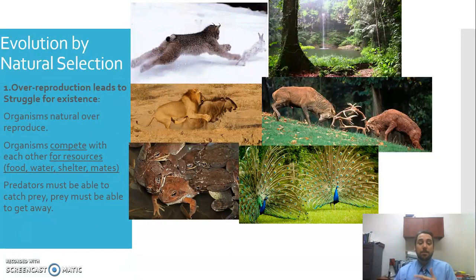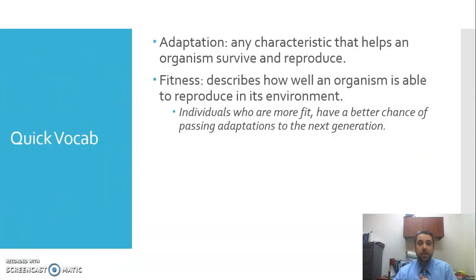So it's this idea that there are too many there anyway, and so we're going to over-reproduce, and this naturally makes competition. Okay, so we have over-reproduction. That's our first part of evolution. Okay, there are 4 parts total. Since we've been talking a little bit about evolution, probably we're going to get these 2 words that you may have heard before. So just a quick rundown.